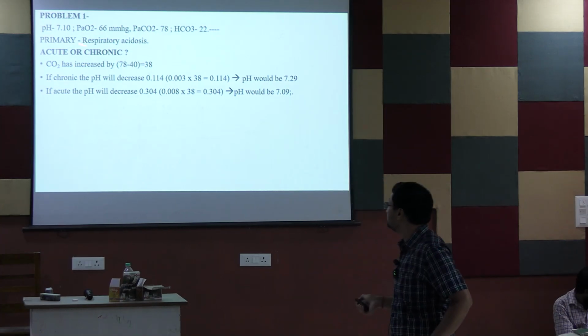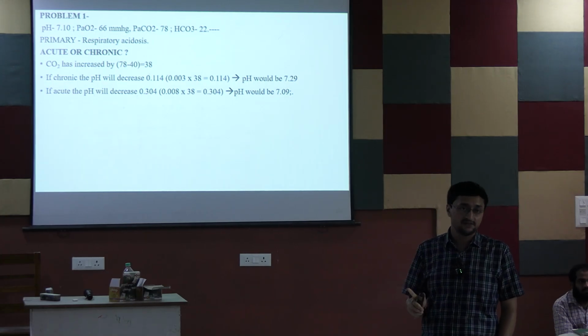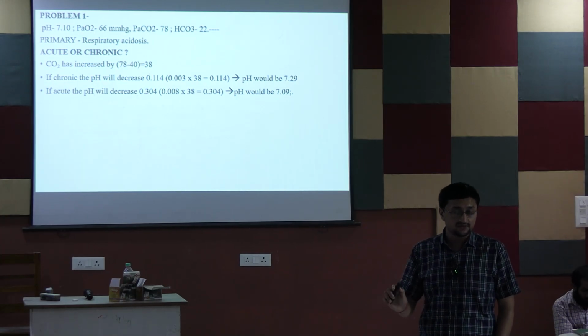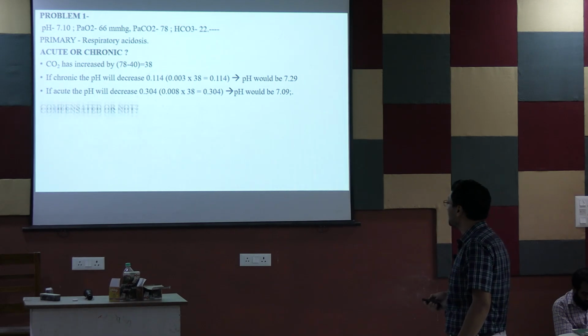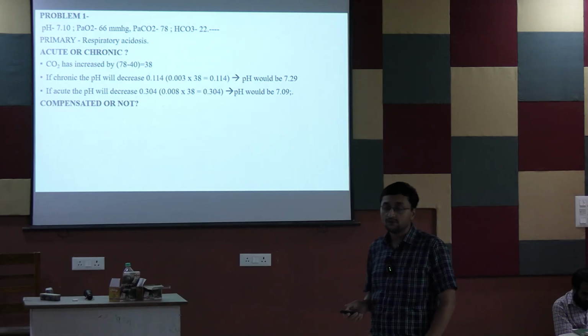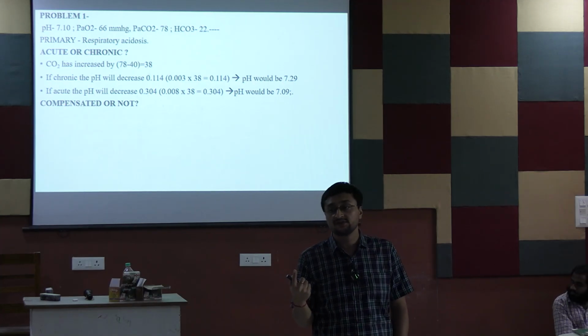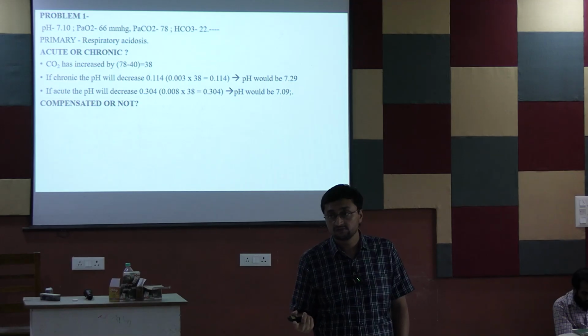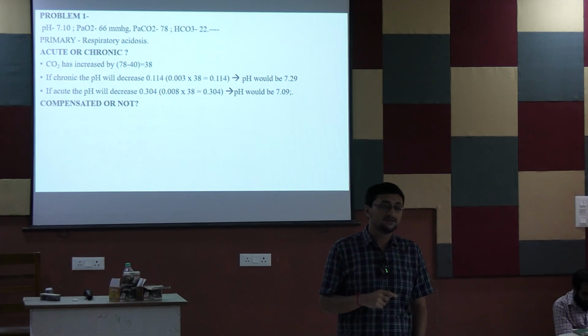এখানে pH কত আছে? 7.1. So this is acute respiratory acidosis. Clear? This is very very important. এটা রেসপিরেটরি প্রবলেমে কিন্তু খুব ইম্পর্টেন্ট। So next, whether this is compensated or not. So in case of acute respiratory acidosis, what is the formula of compensation? In every 10 increase of PCO2 there will be 1, right? So calculate কর কত আসছে।